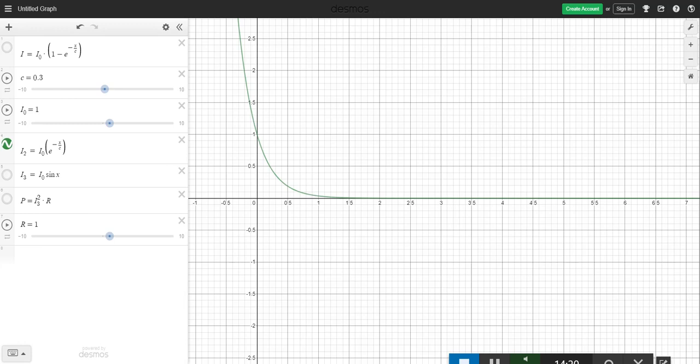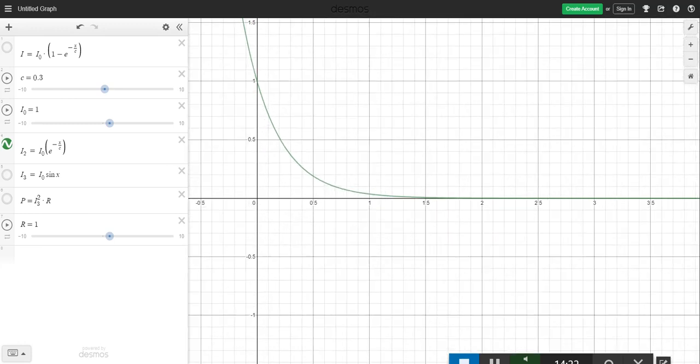So that's this, right? And again, if I increase the value of the time constant, it takes longer to decay to 0. If I decrease the value of the time constant, it takes a shorter amount of time to get to 0. And I'm just going to set this to 1 for convenience sake, because I think I've mentioned this a few times, but